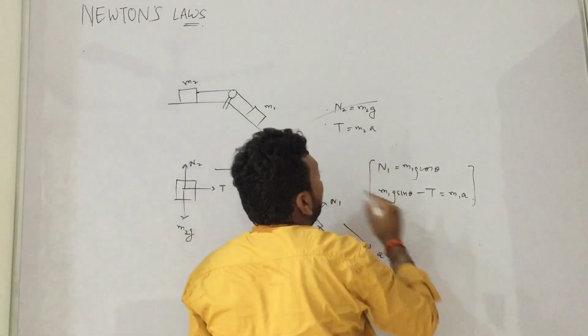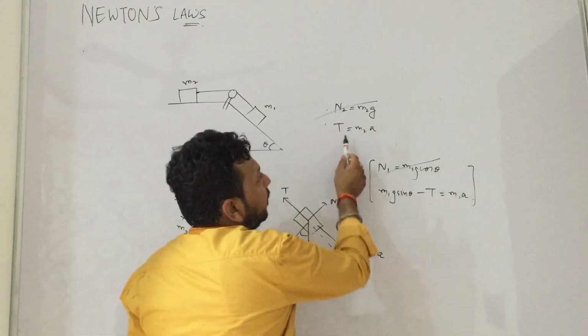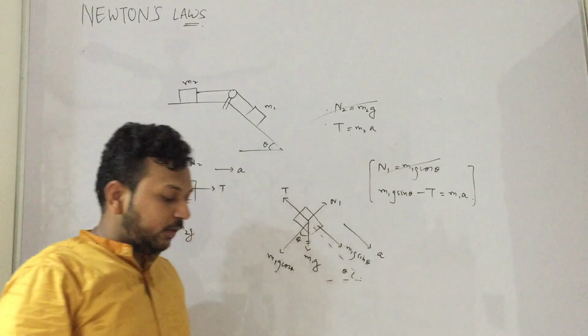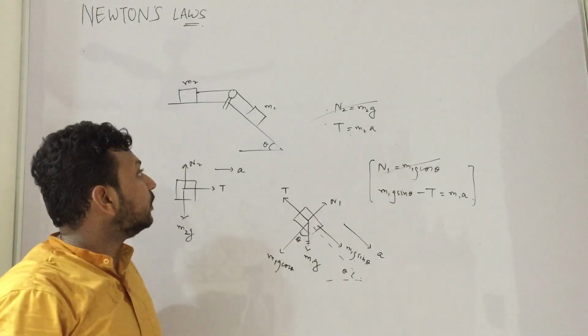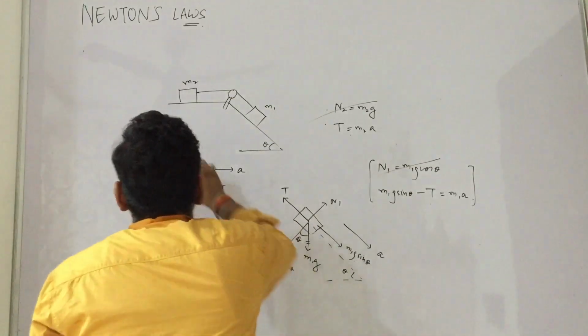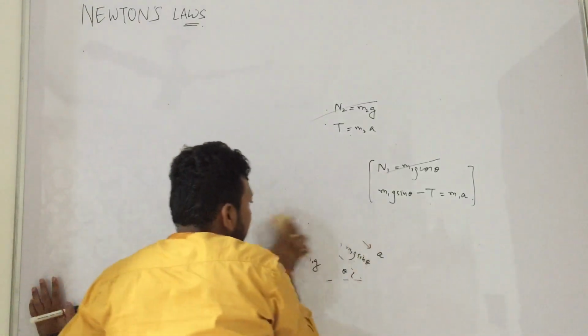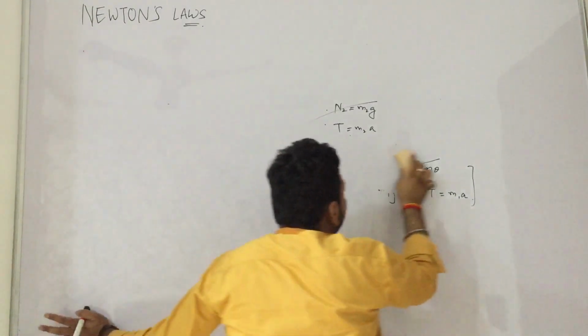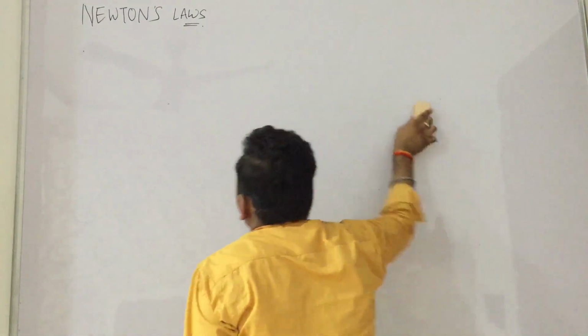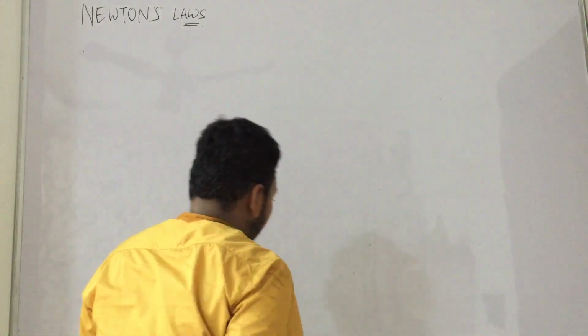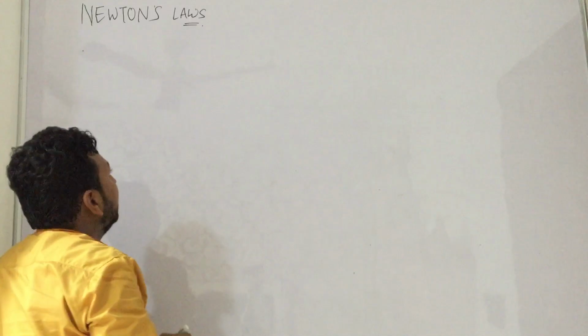So this is not of use here. Two equations, two variables, T and a. You can very well solve it. So I am erasing it again. Just one or two more questions we will see, and then in the next class we will do the rest of the questions. This is a very basic class of Newton's laws, and of course very important.